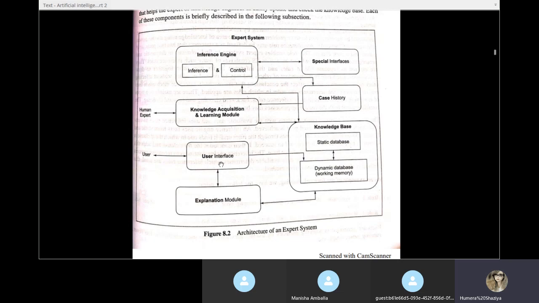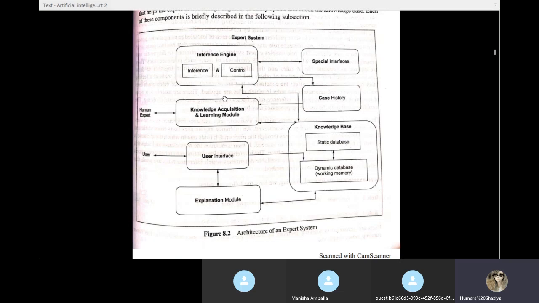is a burning sensation in my heart, then the doctor may first test you and then explain to you about that particular problem, and may tell you that this burning is due to acidity. You please avoid this fried food and junk food. So this is like an explanation which is given by a human expert, which in this case is a doctor, a cardiologist. So the explanation module will provide some sort of explanation to the user,